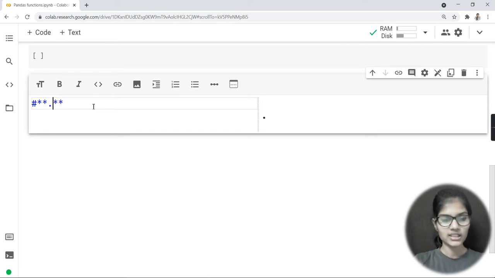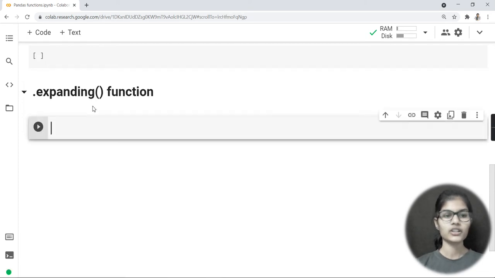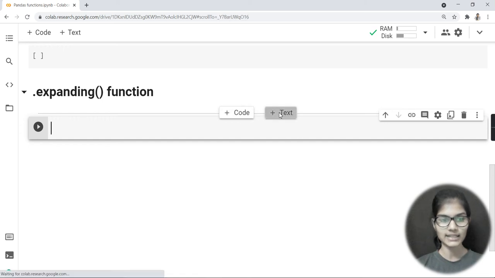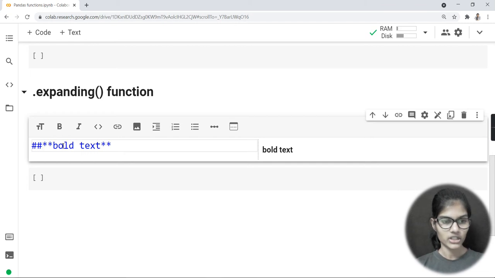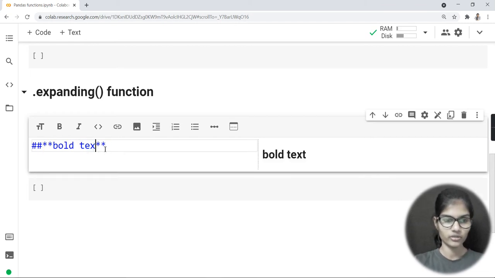So the name of the function is the dot expanding function. Dot expanding, and I will put the bracket here because it is a function. Afterwards I will write here 'function'. Fine. Now, what does this dot expanding function have in it? What are the arguments in this one? So I would put two hashes here, and remove this bold text.